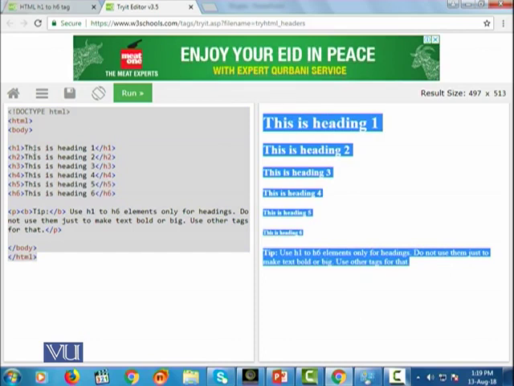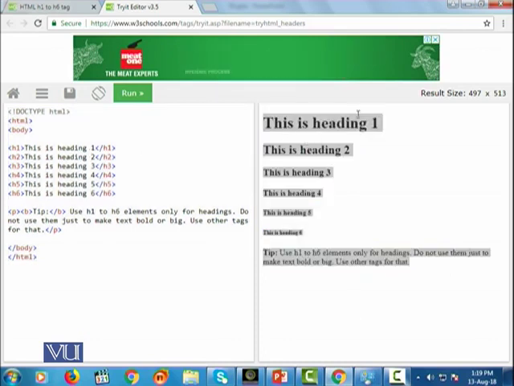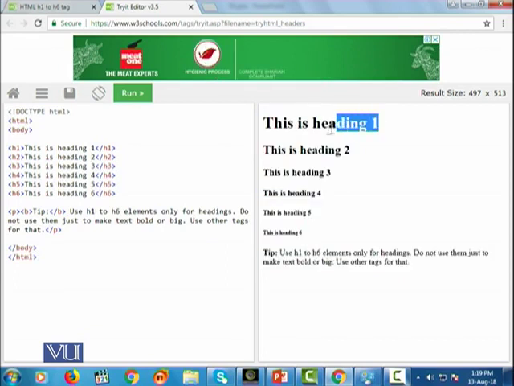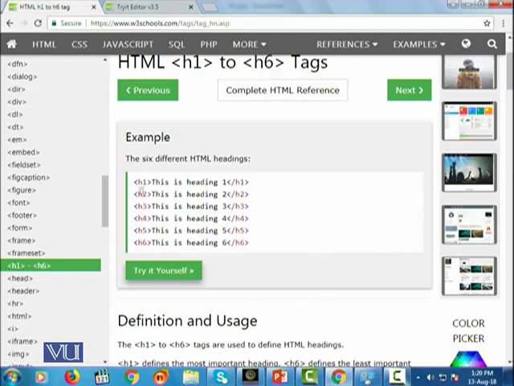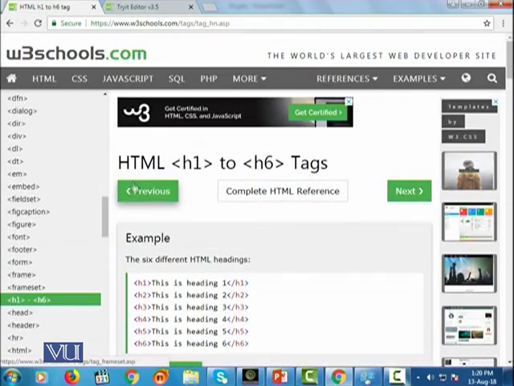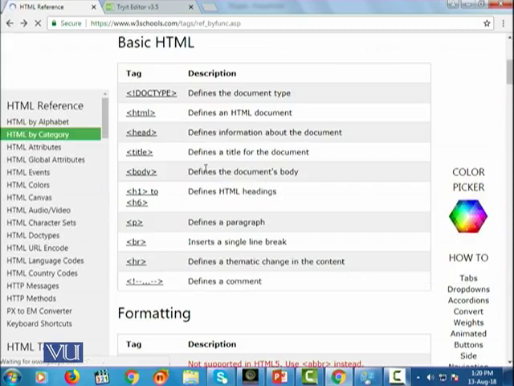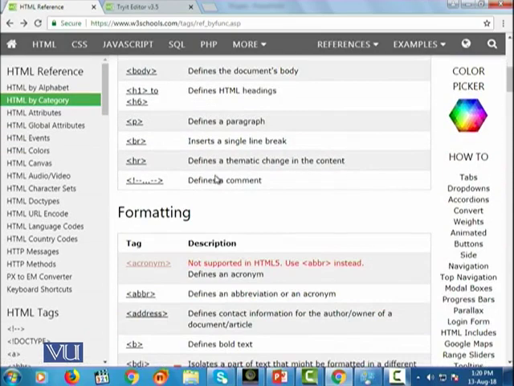So this means this is heading 1, that is basically having such a large font. Then heading 2 has a little bit smaller font, and then heading 3 even smaller, up till heading 6. So you can even practice all of the tags, whatever you want, from this example. So if you go back, then you can see, for example, if you want to practice the BR tag, you go